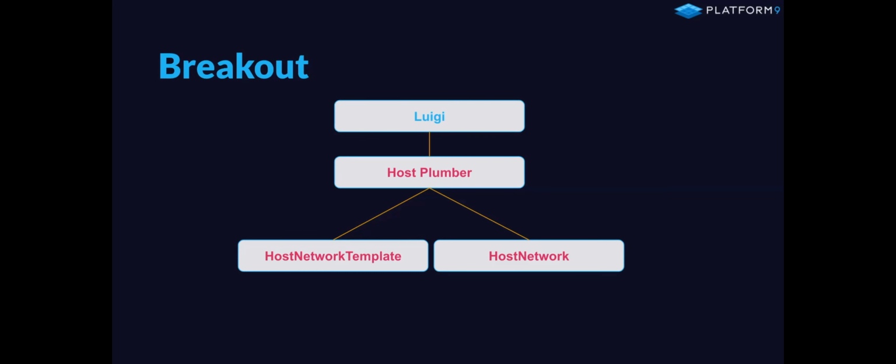What can it do? You can configure SR-IOV, VFs, and drivers. You can create VLAN interfaces and OVS bridges. You're adding interfaces, device MTUs, IP addresses, and routes. When you're talking about the host network template, each pod in the daemon set for the Host Plumber controller will watch for changes in creation of the host network template CRD. Then its reconciler will enact the changes specified. That's different from the host network. I don't want those two confused. I don't want the host network CRD to be confused with the status section of the host network template.